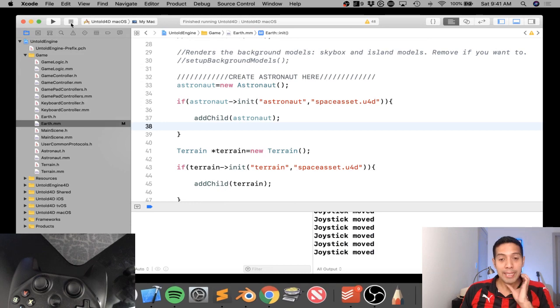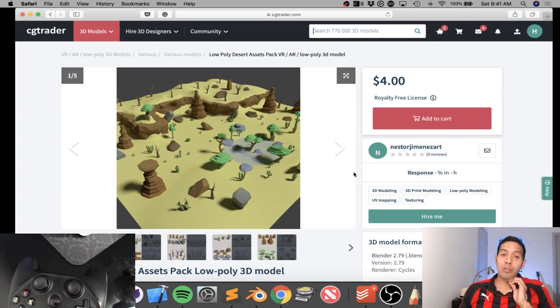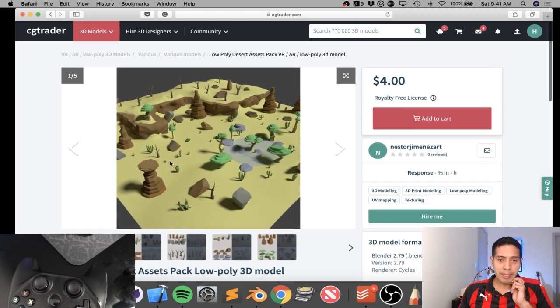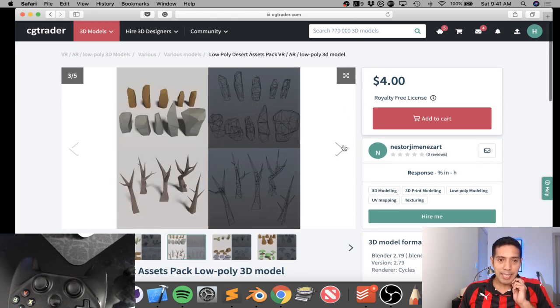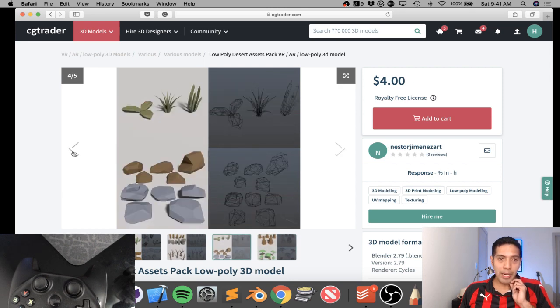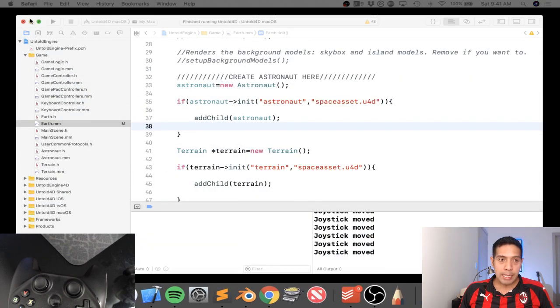So what I did, I actually went to see Trader, and I looked for some free models that I can use for that game. And I came across this model, which I thought was very cool. And I felt, you know what, why don't we buy it? It's only $4, and let's see where it leads us. So I bought it, and what I did, I